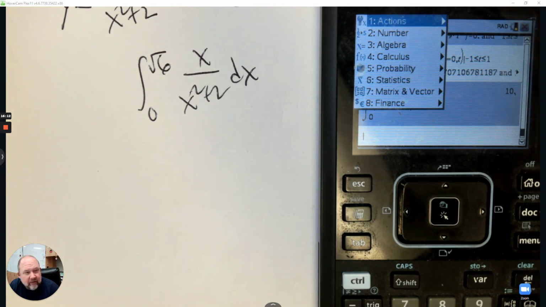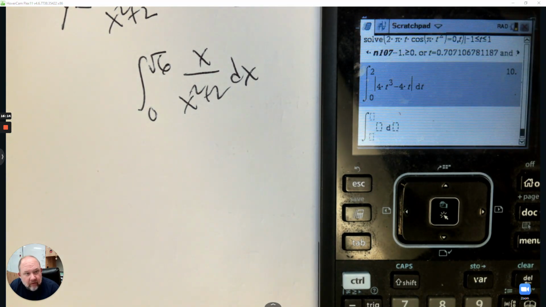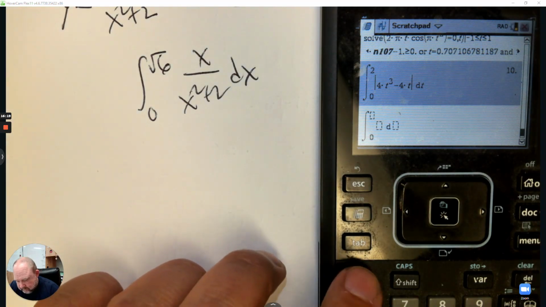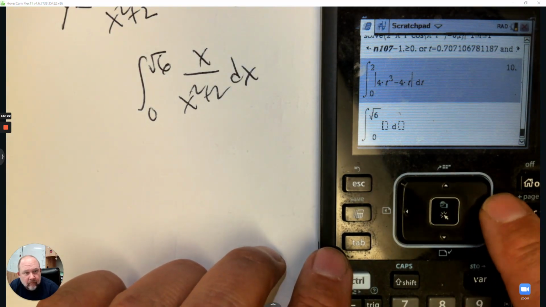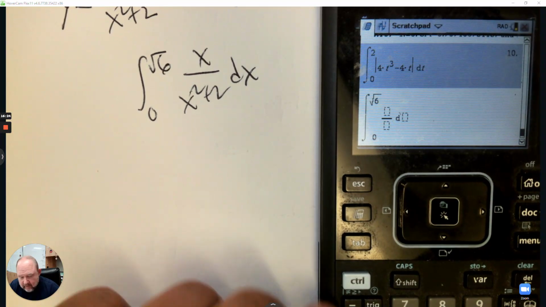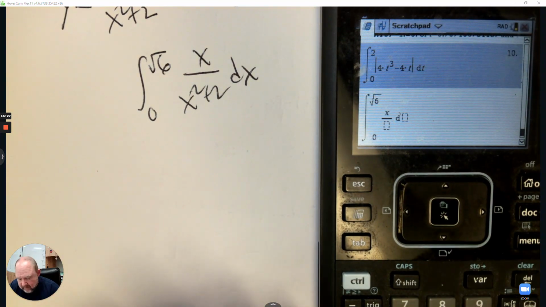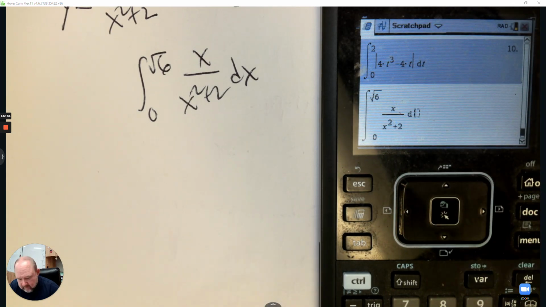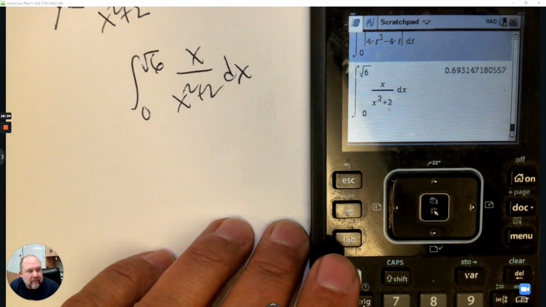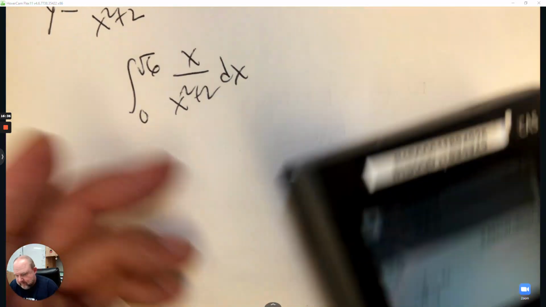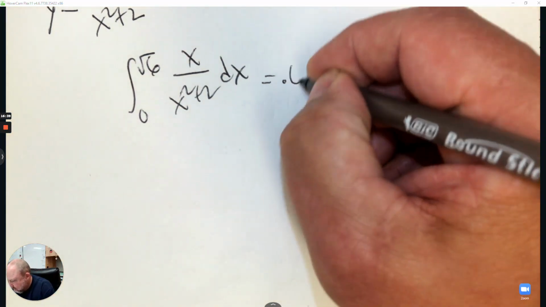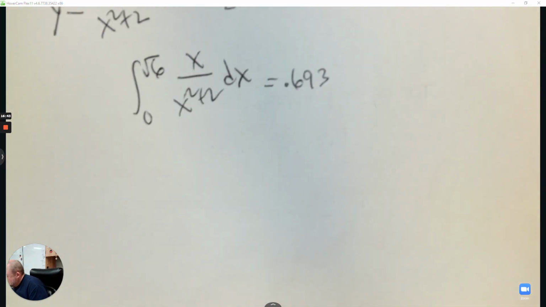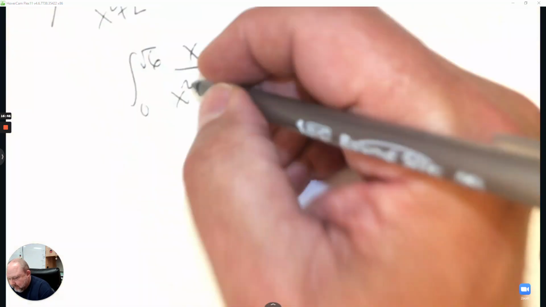Menu, calculus, integrate. So from 0 to root 6. And then go control divide, x, and then in the denominator, x squared plus 2 dx. And you get 0.693. Next,